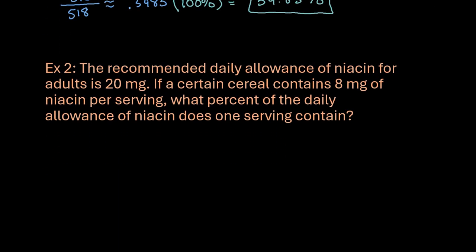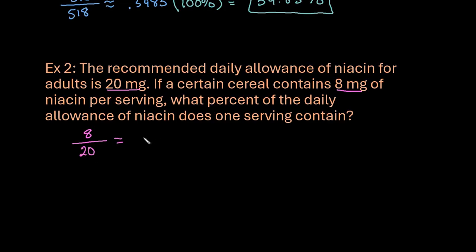The recommended daily allowance of niacin for adults is 20 milligrams. If a certain cereal contains 8 milligrams of niacin per serving, what percent of the daily allowance of niacin does one serving contain? So we would simply take the 8 that the cereal contains over the recommended daily allowance of